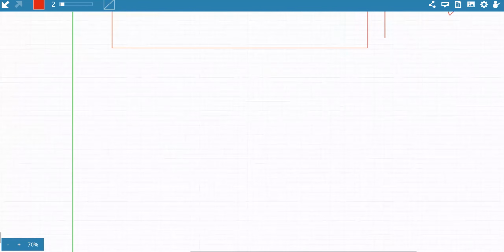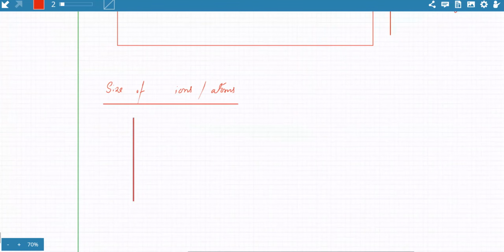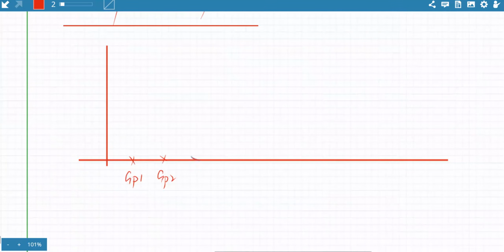अच्छा, next चीज what I wanted to discuss was the size of ions and atoms. ठीक है, इसका जल्दी से ग्राफ बना लेते हैं. एक तो पहली चीज है कि remember in your data sheet you would be given the sizes of atoms and ions across a period. That's group 1, group 2. ठीक है, इसी तरह बस पहले वो सारे लिख लेते हैं, group 3 and then you have